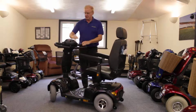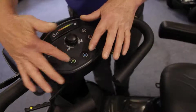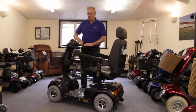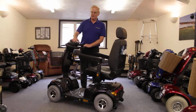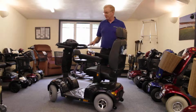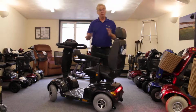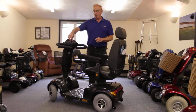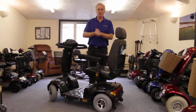Most of the big scooters, because they are for the road, will have indicators and lights as standard. Sometimes people can find the dashboard a little bit daunting, but when you look at it for a few minutes you can see it's very straightforward. With any of the scooters, the controls are pretty much identical. It's usually pull one lever to go forwards, pull the other lever to go backwards. The more you pull it, the faster you go, with a small knob on the top that you can use to limit the speed. So whilst you're learning, you can turn the speed right down, and no matter what you do,